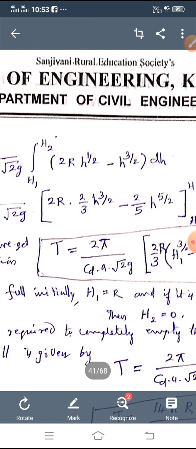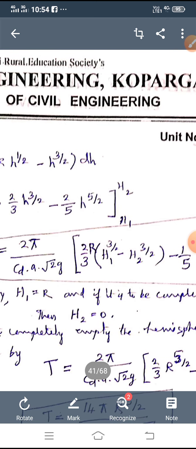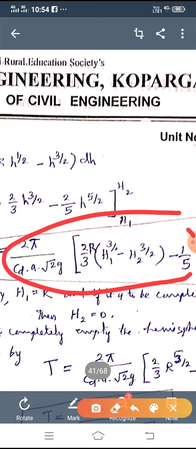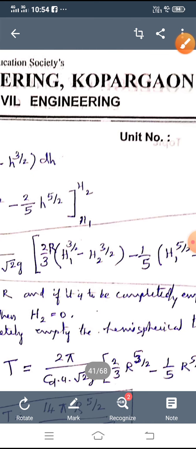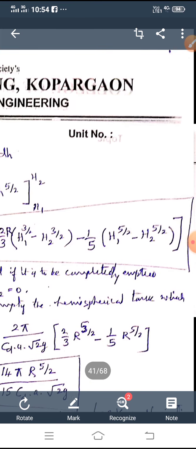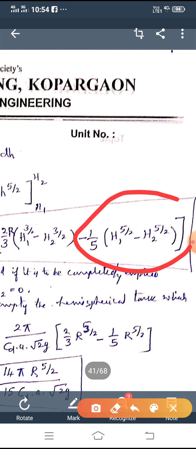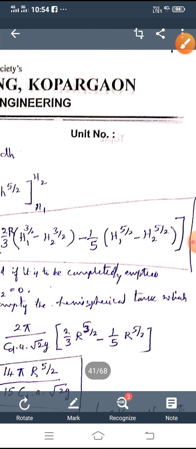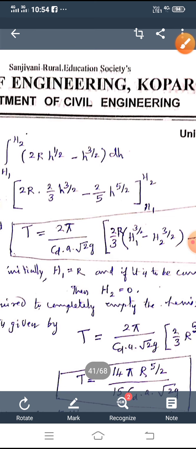If you simplify, you will get the time required to empty the hemispherical tank from H1 to H2: T is equal to 2 pi divided by Cd a root 2g, multiplied by (2R by 3 times H1 to the power of 3 by 2 minus H2 to the power of 3 by 2, minus 1 by 5 times H1 to the power of 5 by 2 minus H2 to the power of 5 by 2). Suppose in the same derivation, furthermore is asked, for 1 or 2 more marks,